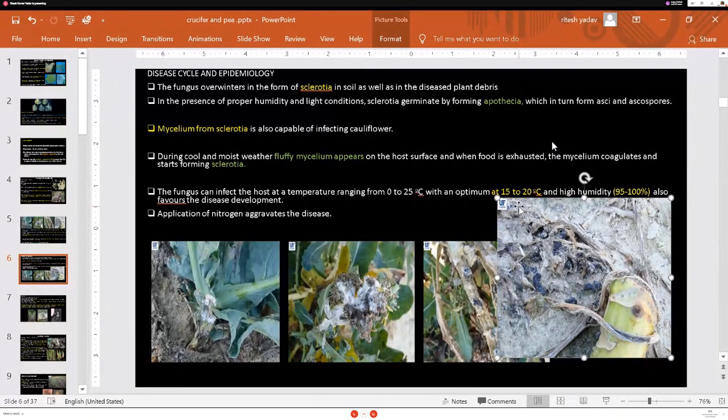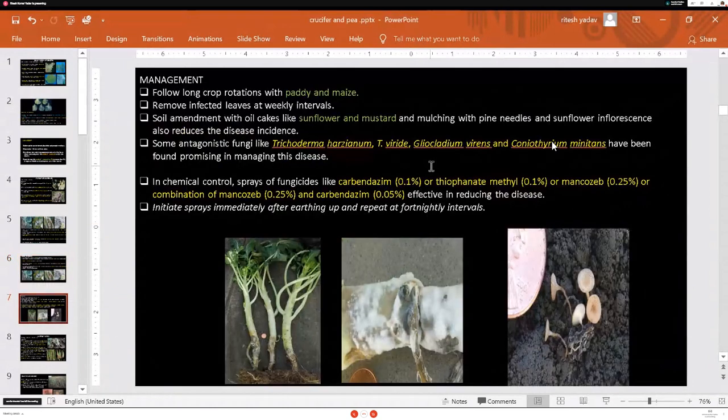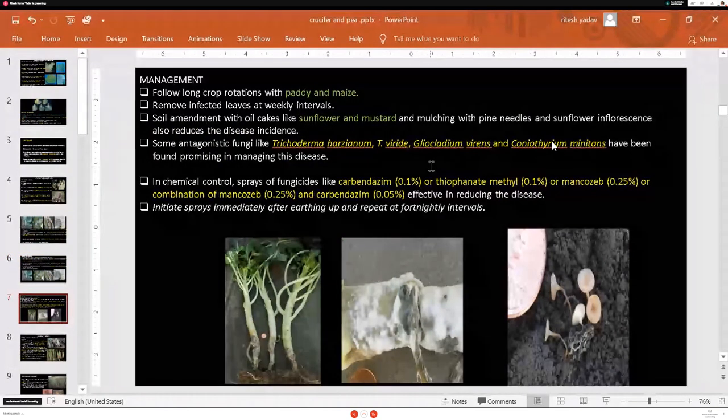So conditions in the plain region at that time are very critical. Again, in case of Sclerotinia, a high nitrogen dose aggravates the disease, or favors the disease development. About the management, in case of soil-borne disease, chemical controls are not very effective, because